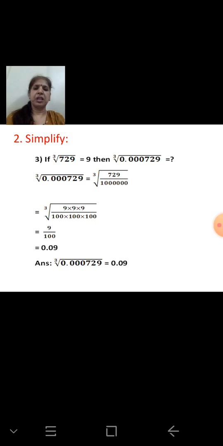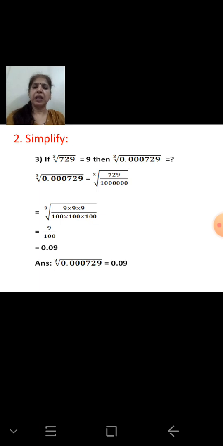Now next question. If the cube root of 729 is 9, then find the cube root of 0.000729. Now directly they have given you that the cube root of 729 is 9. We have to find the cube root of 0.000729. And the cube root of 729 is given as 9. So what we have to do is, first thing is, write a quotient. The cube root of 0.000729 is equal to the cube root of